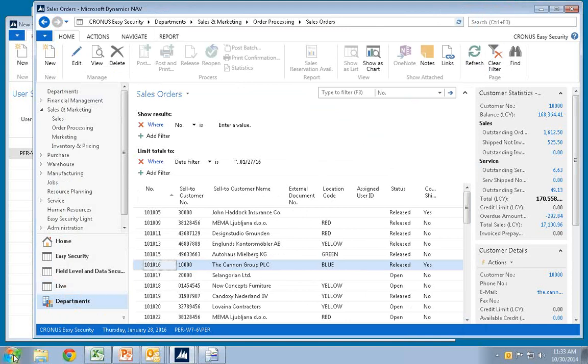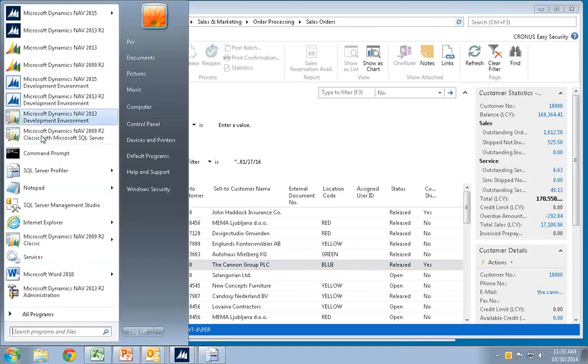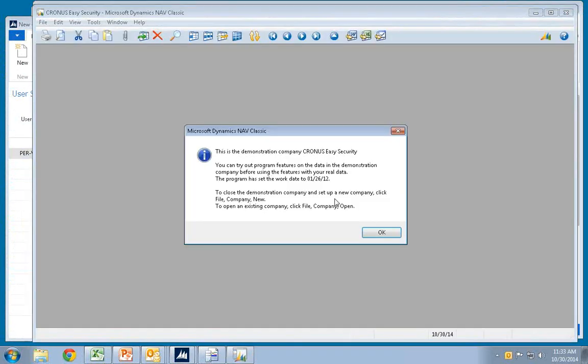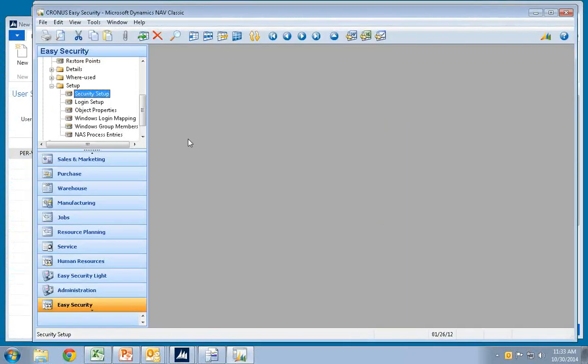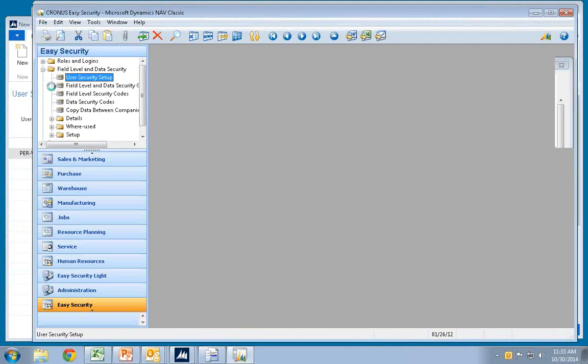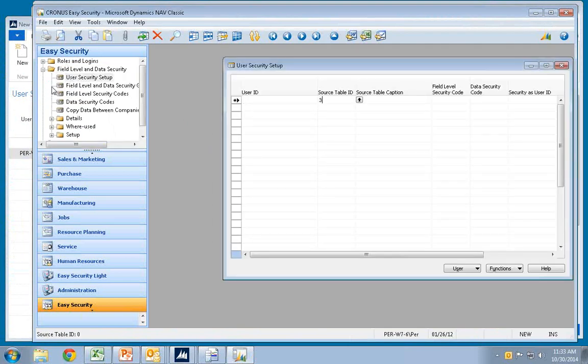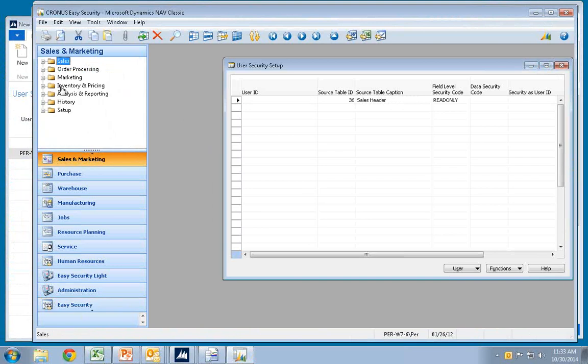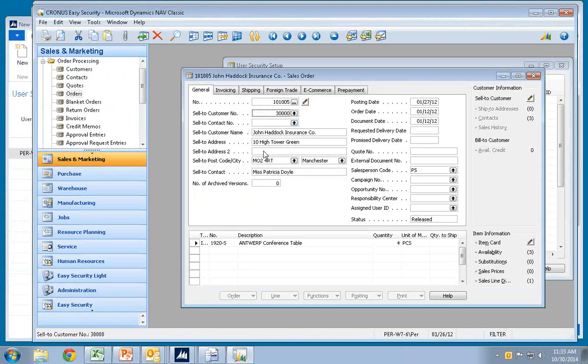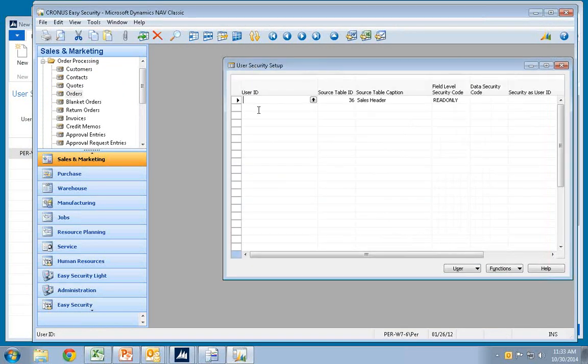This one is for the 2000s or for the rotor environment. The same functionality exists for the classic environment actually also. It's very, very similar. And let me go here and say I want to set up user security setup. First I want to make it all read-only like I did before. I can now see that my buttons are now grayed out and every field up here is read-only in here.